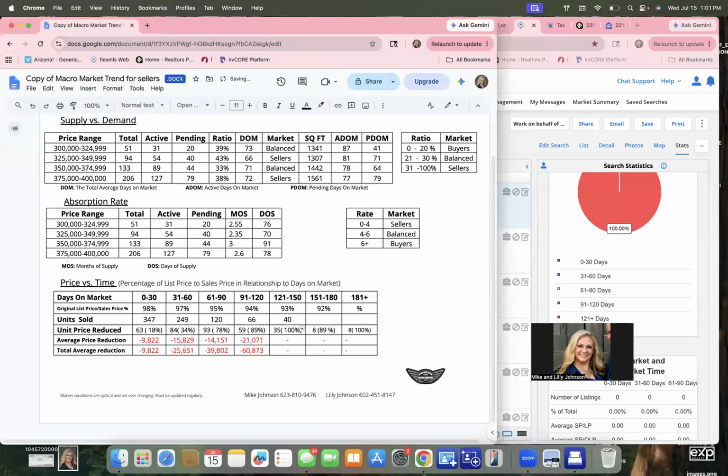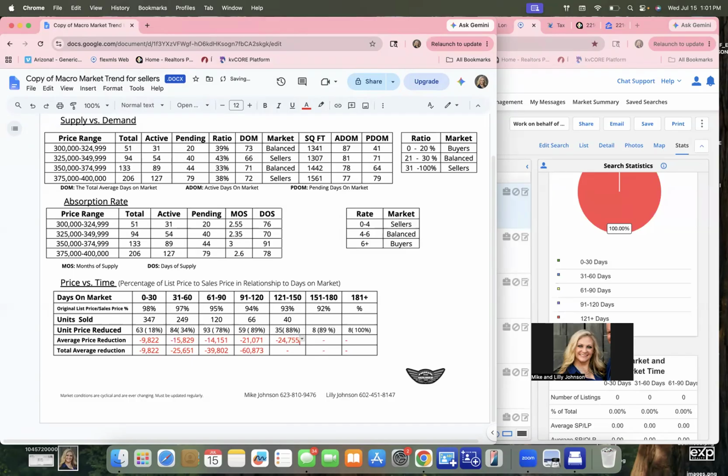I'm getting bored and distracted now, so stay with me. 35 divided by 40. 88%. Should be 100 already, but it's not. And the average was the 24,755 that I wrote down,